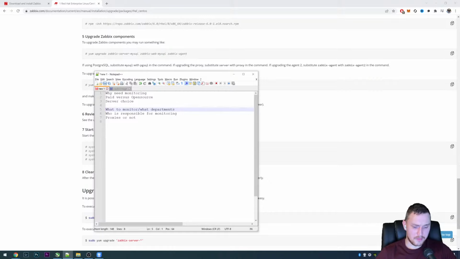But what is the problem here, especially in a big corporation? Let's say you start to work as a monitoring engineer, and I'm sure that many of you face this problem. There is your Zabbix installation. You have to monitor all our company, but of course it has multiple departments, and most of the stuff, those departments are responsible for it.